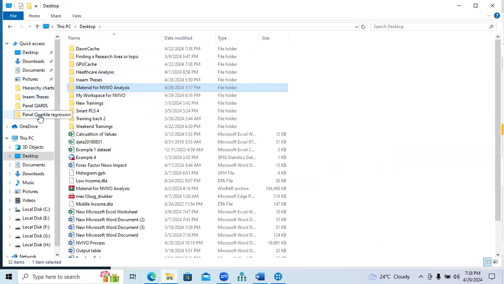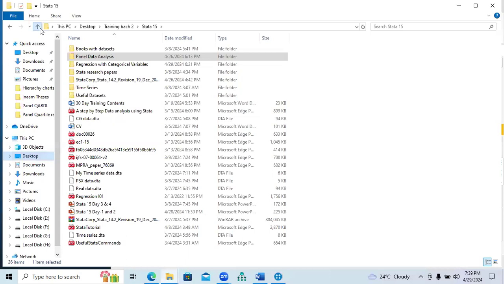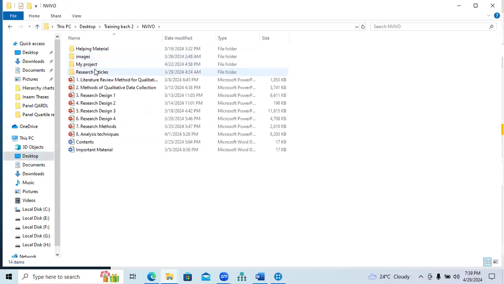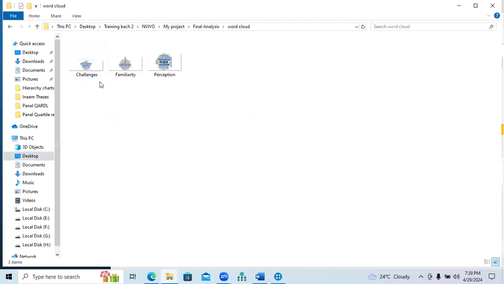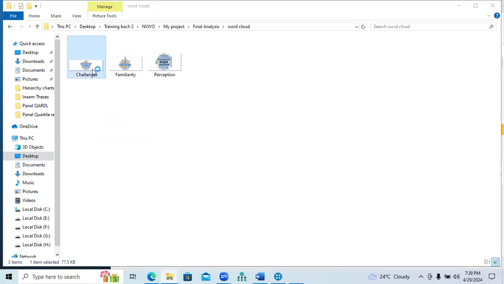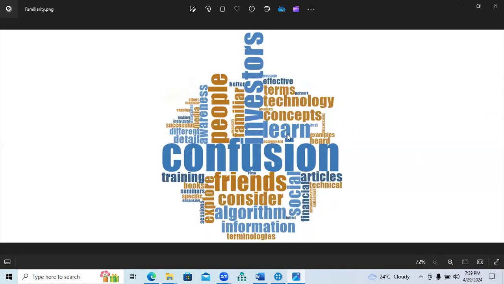For example, this one is the data file, and yes, this one is in Vivo. My project, final analysis. This is the word cloud that I am going to create. These are basically the word cloud of challenges, like personalized market challenges, and technology brokers are the challenges. This one is the second word cloud, which is relevant with familiarity, and it is showing the most